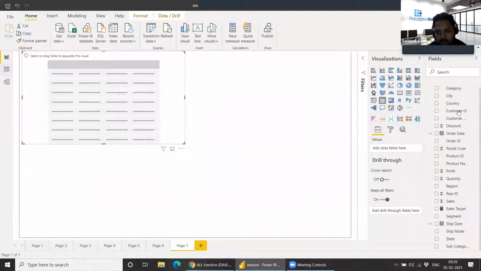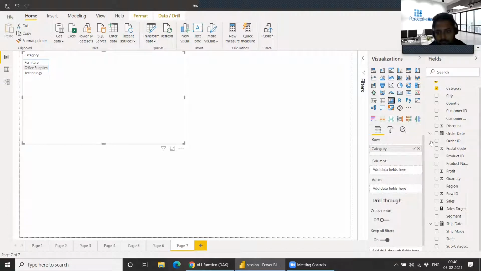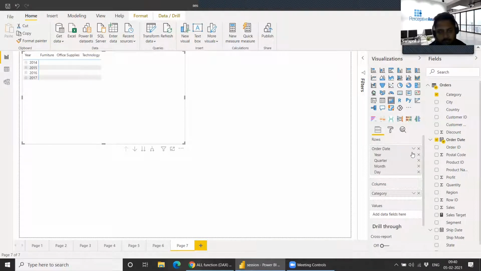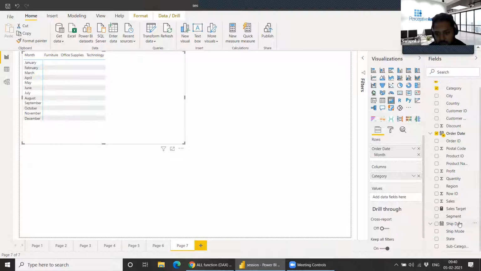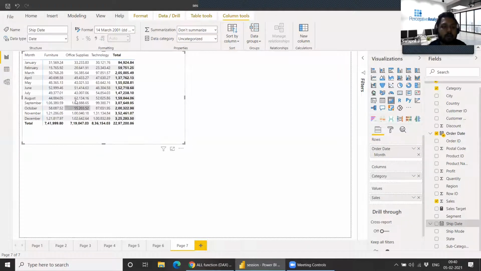Let's create a table with sales. This is the normal view which we are getting.